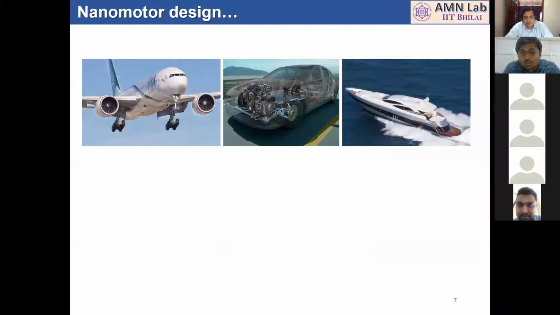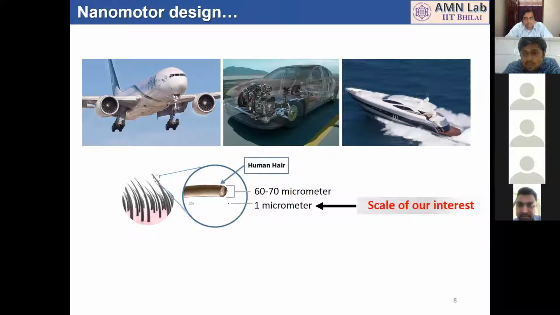Here we all know that we currently have different motor technologies that do exist to provide motion at different length scales and in different mediums like water, air or surfaces. But the important thing to note here is that the scale I am talking about is about 70 times smaller than the width of a single hair. So especially at this small scale, none of these sophisticated technologies can simply be implemented.